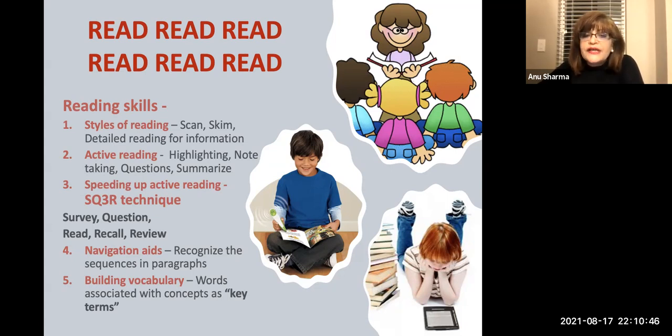Next is active reading, and that's where I have actually given you this note taking. So you need to take some notes while you're looking at the lecture videos, while you're doing your own readings. So continuously you need to take notes. The note taking could be just something as simple as putting things in red color or blue, different colors, or highlighters, those things. Next, there's the SQ3R technique, which has 3 steps: survey, just survey the chapter, look at some of the questions,